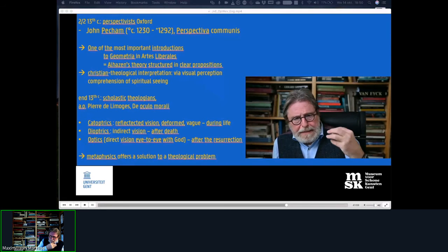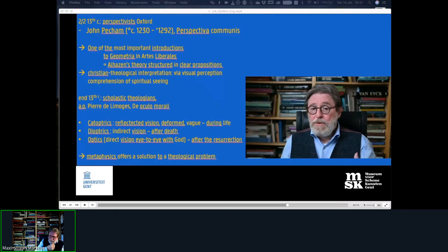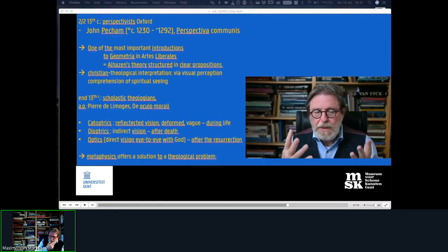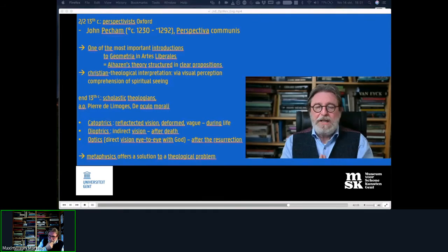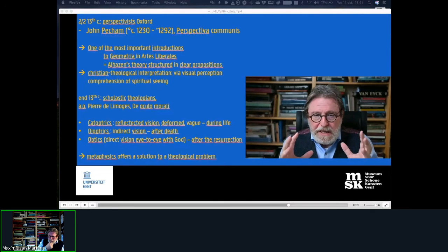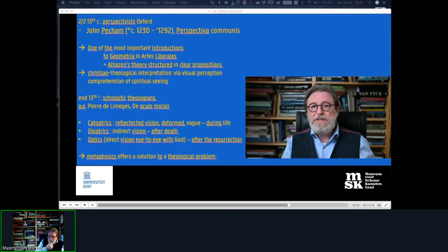Then he said, afterlife, however, once we're dead, we will see in an indirect way, according to the laws of dioptrics. And only after the resurrection, we will get a direct vision, eye to eye with God. This is a very important statement, because here we see how this theory derived from physics was used in a